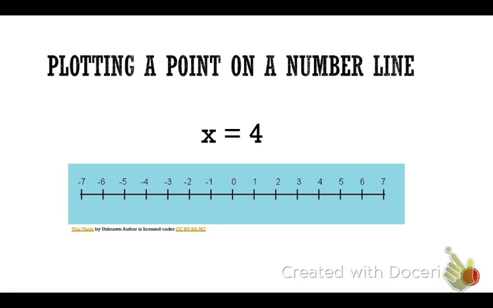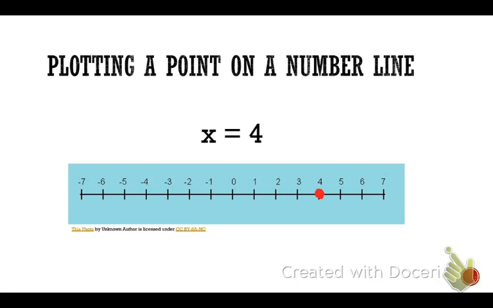Before we graph inequalities, I want you to see what it looks like to just actually graph a regular number on a number line. And this is important as we move forward. So if we have x is equal to 4, what am I going to do? I'm going to find the 4, and I'm going to put a circle right where that 4 is. It looks like a dot right on the number line, right at 4,